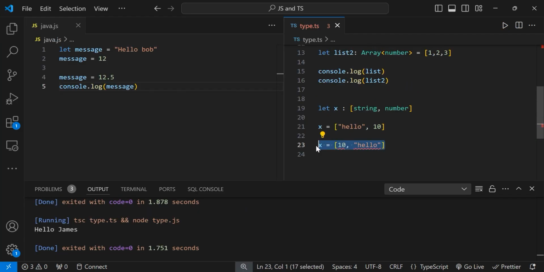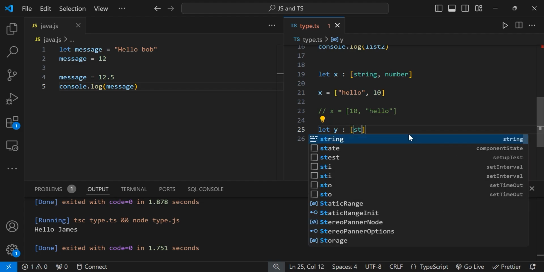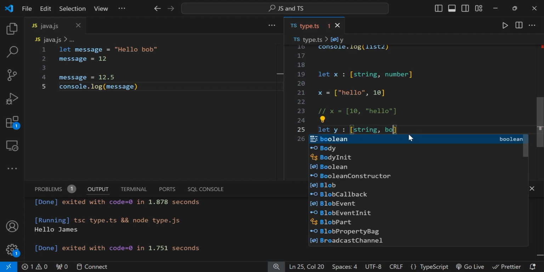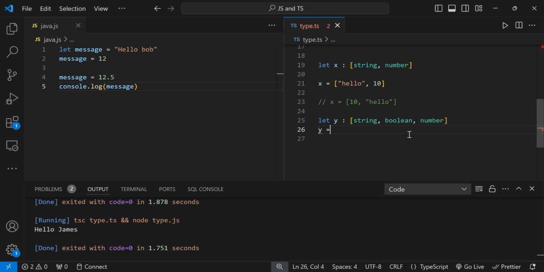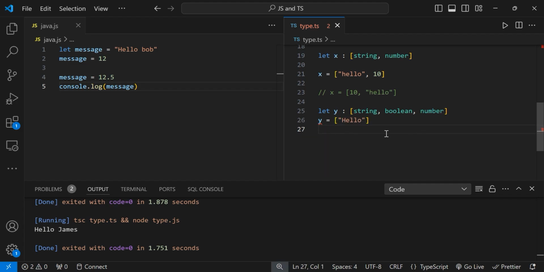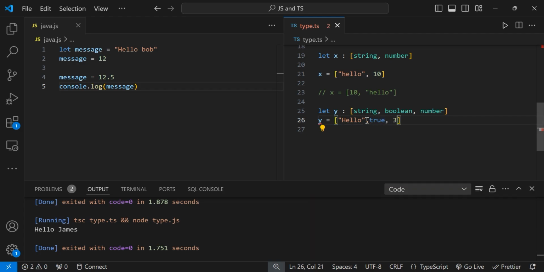Let's create one more tuple in TypeScript. So here specify let y, then colon, and after this square brackets, and here I'm going to store 3 different values. The first value will be a string, the second will be boolean, and the third will be number. And then let's initialize the value here. First is the string, so specify here "hello", and second is the boolean, specify here true, and third is the number, specify